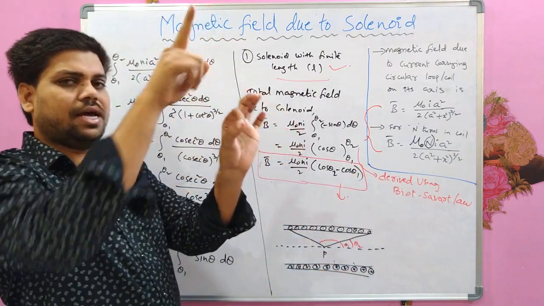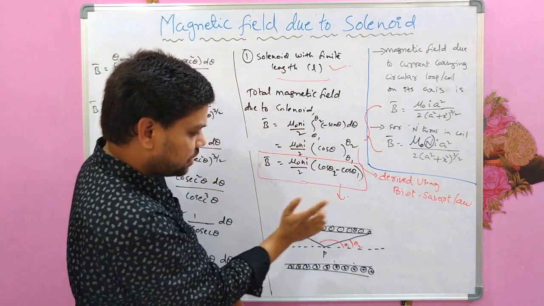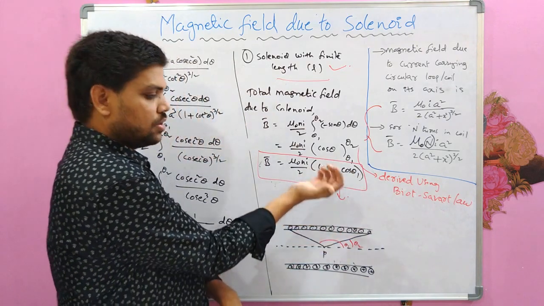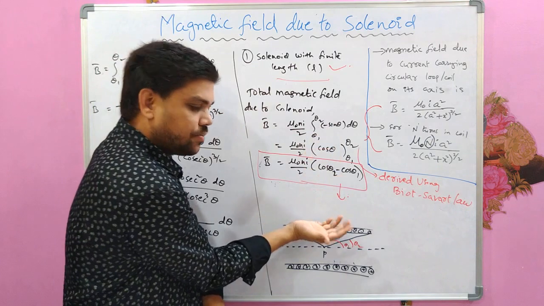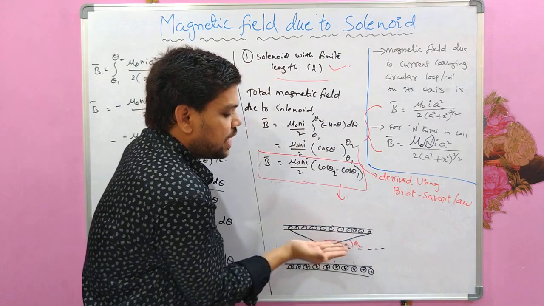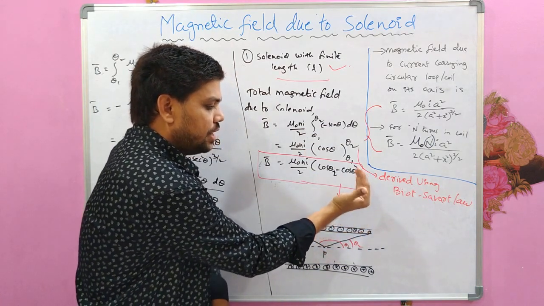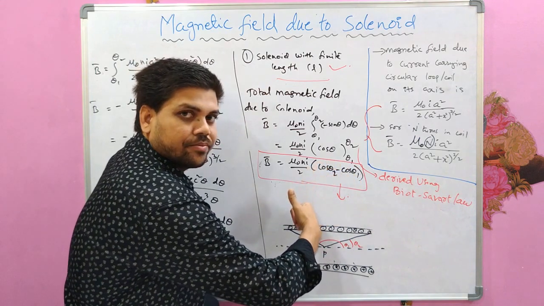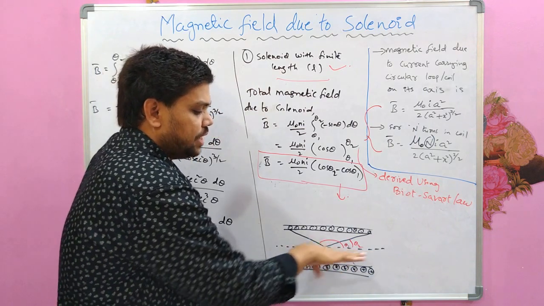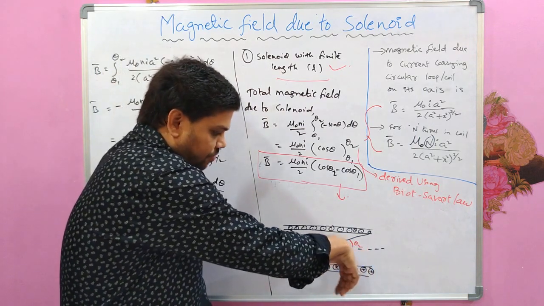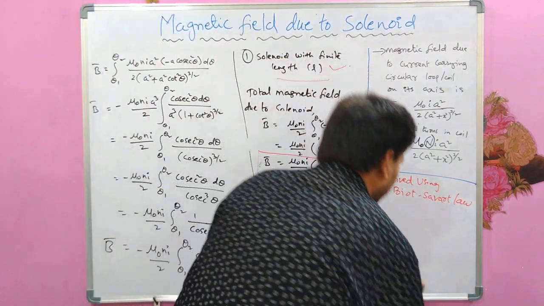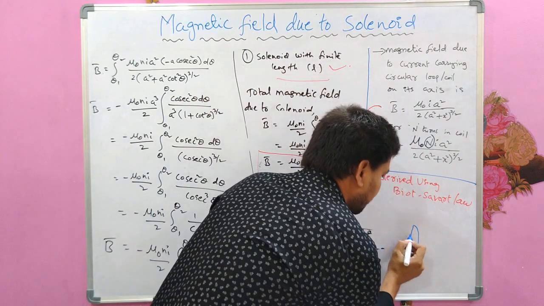If you see a circular coil like this, the current is coming out from the top and going inside from the bottom. Keep your thumb in the direction of the current. The magnetic field here is along the axis, and outside the solenoid is like this for the top one. From the bottom one, again the magnetic field is in the same direction along the axis. This is how it is represented. I will show you a simple picture. For example, there is one turn here. The current is like this.